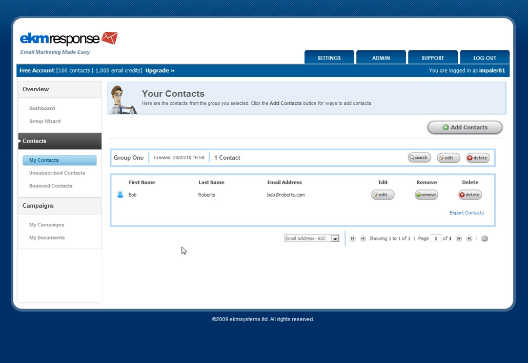So that's the first user. If you've only got a handful of contacts, that method is probably best. It will only take you a couple of minutes to add, say, 5 or 6 different contacts in there. There are various ways obviously, so to go to the next one, click on Add Contacts,